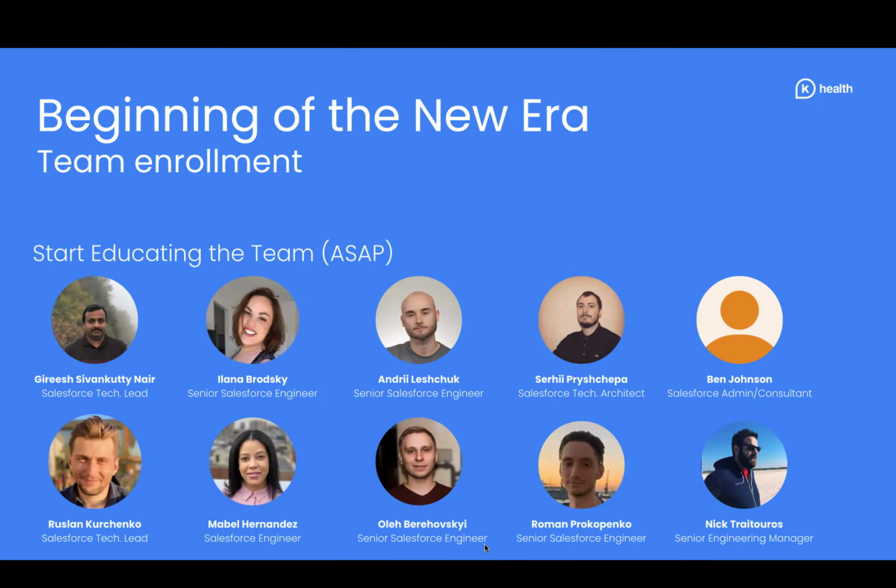It's not only CI/CD improvements that you can complete and it's done, right? It's not like that. You need to educate a team. You need to enroll them. You need to provide all the resources they need to understand how things work, how to start working with scratch orgs. I'm sure not many of you are proficient in scratch orgs, and we are not either, even though we've been working with them for almost a year, but it's constant learning, right? So you need to share this knowledge with them.